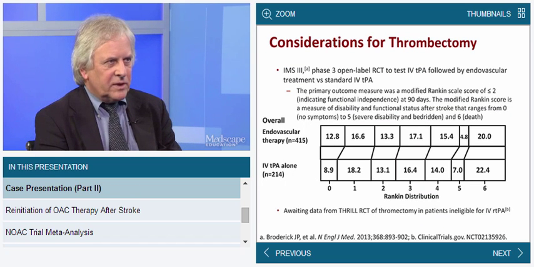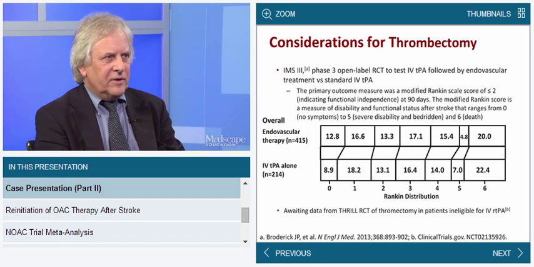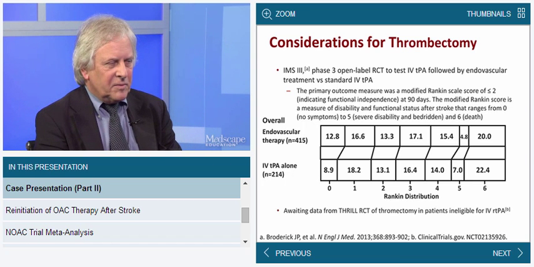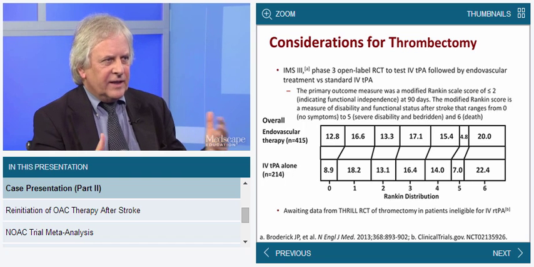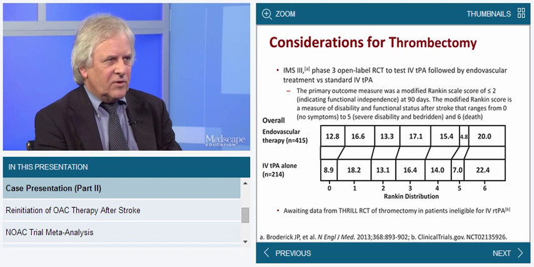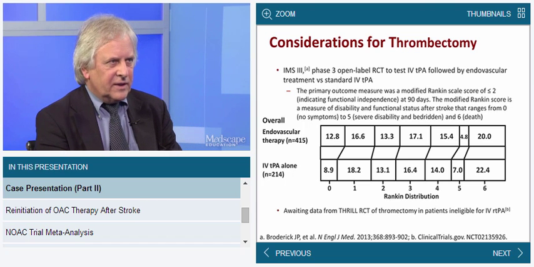From all we know until now, there is no increased risk of intracerebral bleeds with thrombectomy in anticoagulated patients. Now, the data we have at present are mostly for warfarin-treated patients, but the few cases we have with novel anticoagulants also indicate that there is no increased risk of intracerebral hemorrhage with thrombectomy.